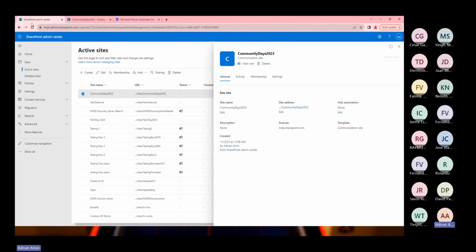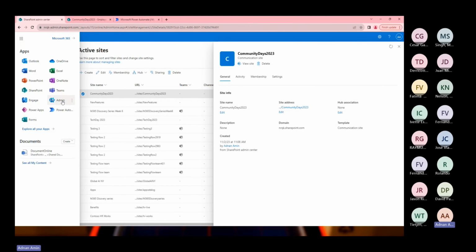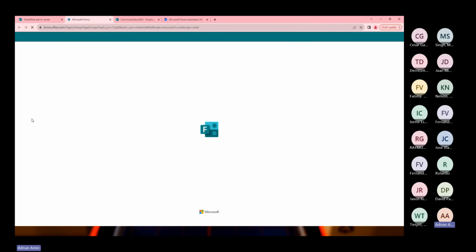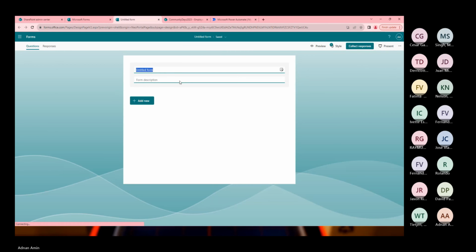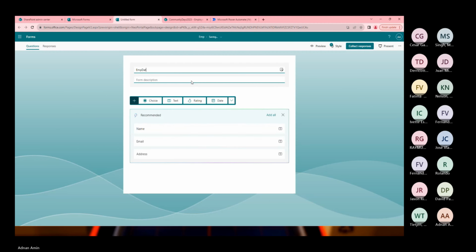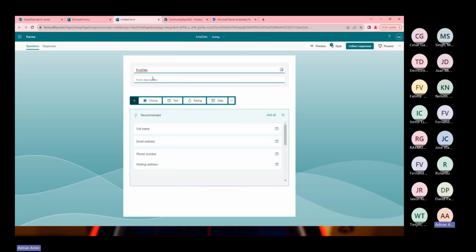So here I'm going here, and you can see here that Microsoft Forms. I am going to create a new form. I'm naming it as EMP data, or we can name it anything. This is a form for new